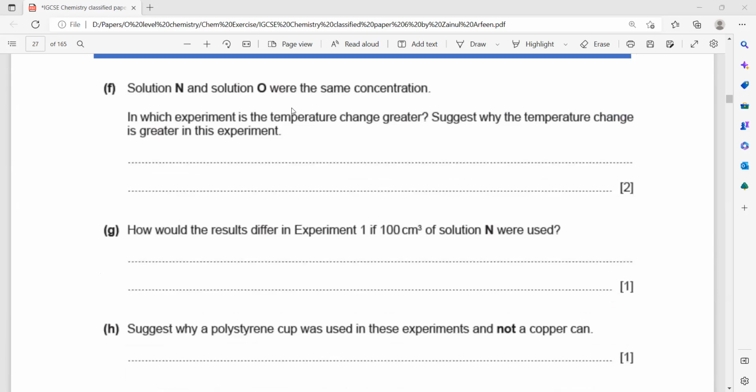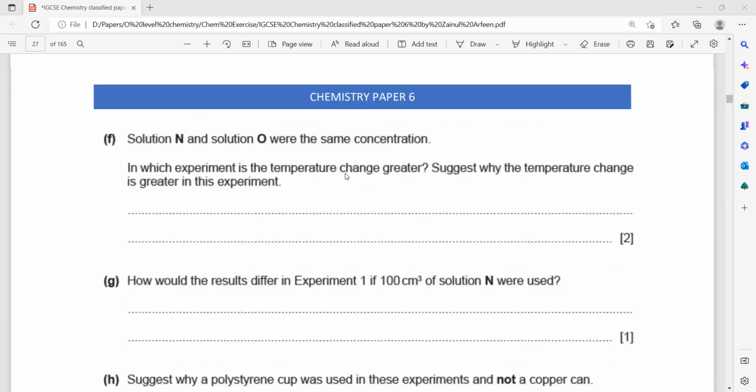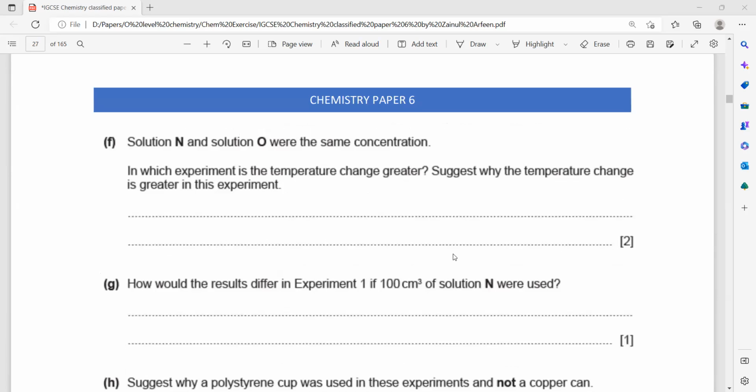Then solution N and O were the same concentration. In which experiment the